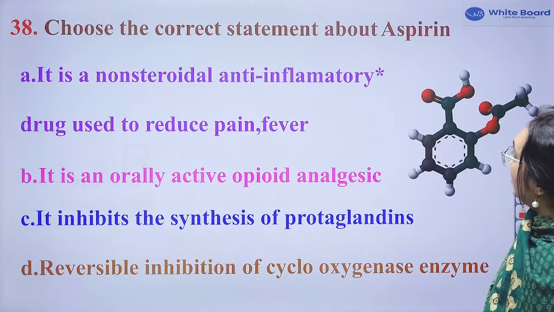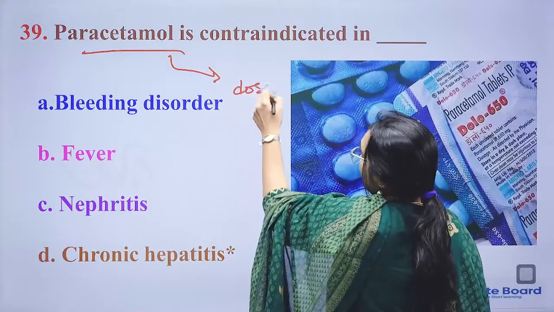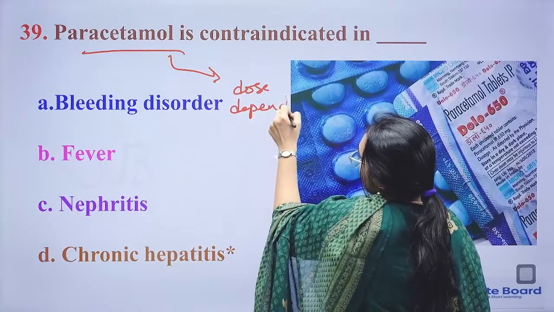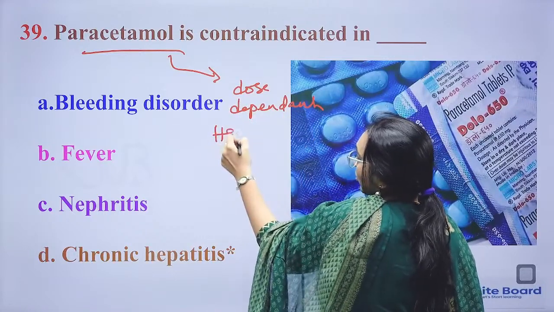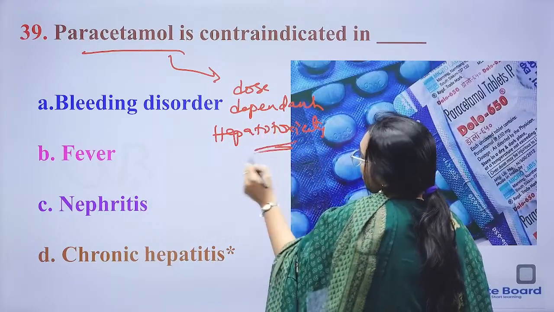Next question. Choose the correct statement about aspirin. Aspirin is non-dependent hepatotoxicity. Dose dependent hepatotoxicity. So, it higher dose. Therefore,